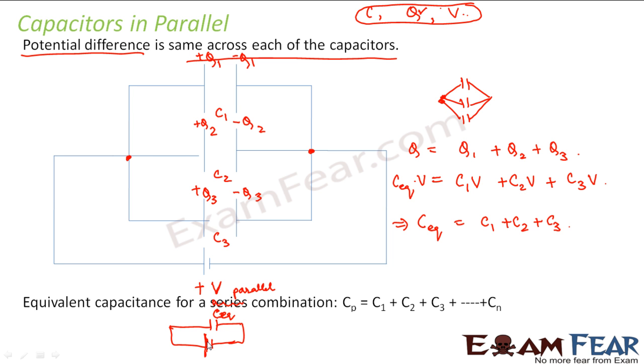Now there are a lot of problems that you need to solve to have more clarity on this. Now we will look at some problems and I'll tell you the approach to solve for equivalent capacitance in a circuit. Because you will face many such numerical problems as you go through this chapter. You will have capacitors attached here and there in the circuit and you will have to calculate the equivalent capacitance. So let us solve a few now.